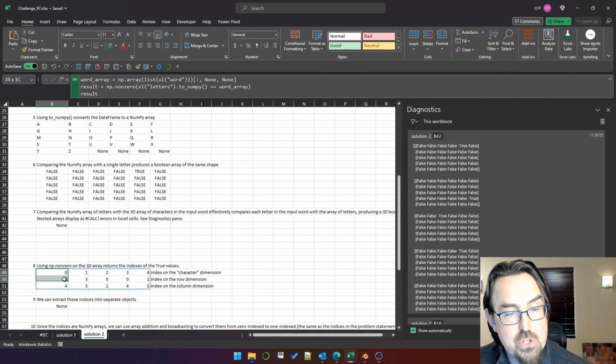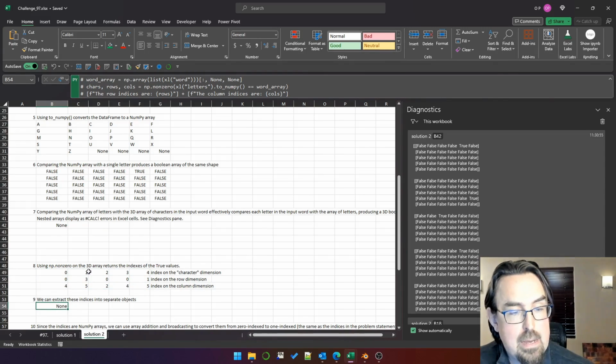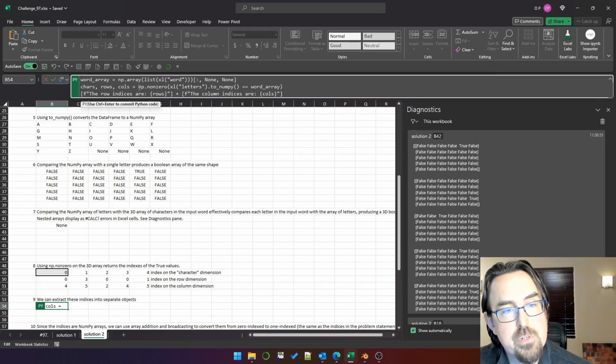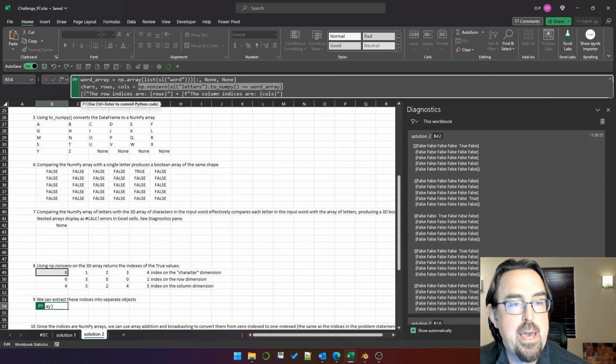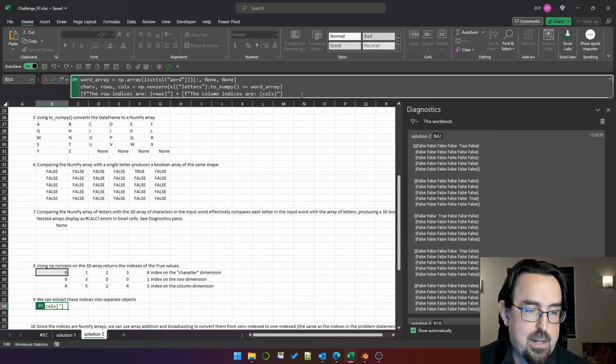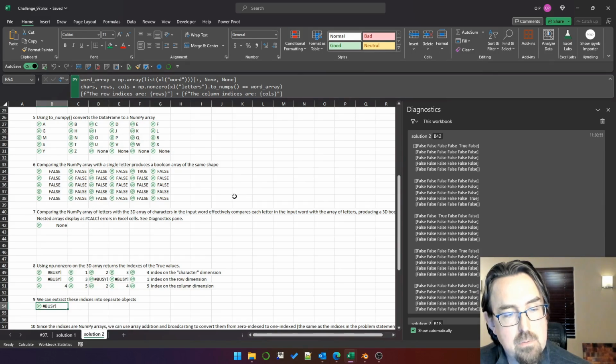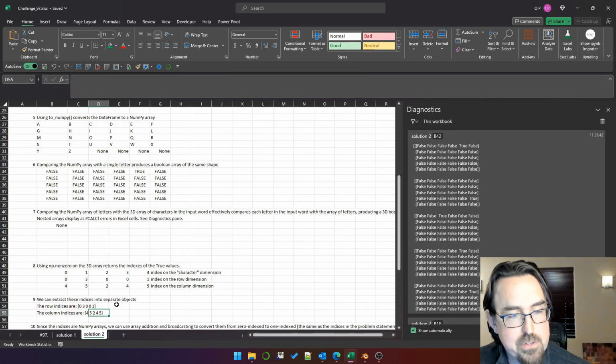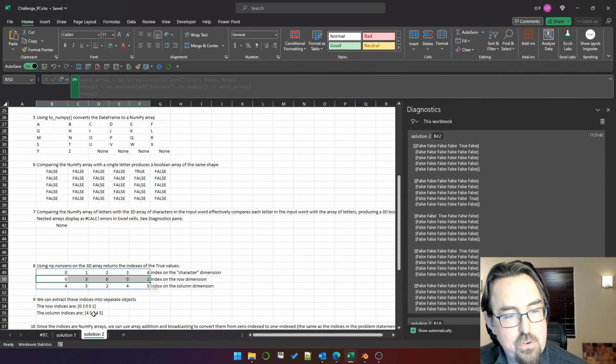The next thing to do is to extract these into separate variables, and that is done with this second line here. I've separated 3 variable names and set it equal to the result of that statement, and that will essentially put the layer array into the chars variable, the rows into the rows, and the columns into the columns. And then I'm using f strings and list concatenation to just print a little message to the spreadsheet that shows us what the row and column indices are. So it says the row indices are 03001, which is this one, and the column indices are 45245, which is